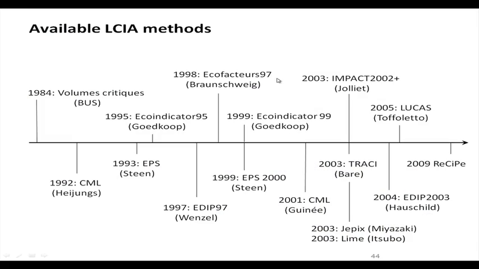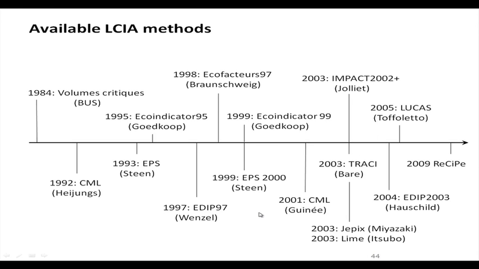You feel you can relate to certain things better as they make further progress. So 1993, 1995, you see that every year from the mid 90s onwards, there are a lot of activities in terms of LCA and the different LCIA methods. There are a lot of newer methods also coming up. So in 1995 the method came up, and in 1998 Eco-indicator 97 was improved upon, again with different